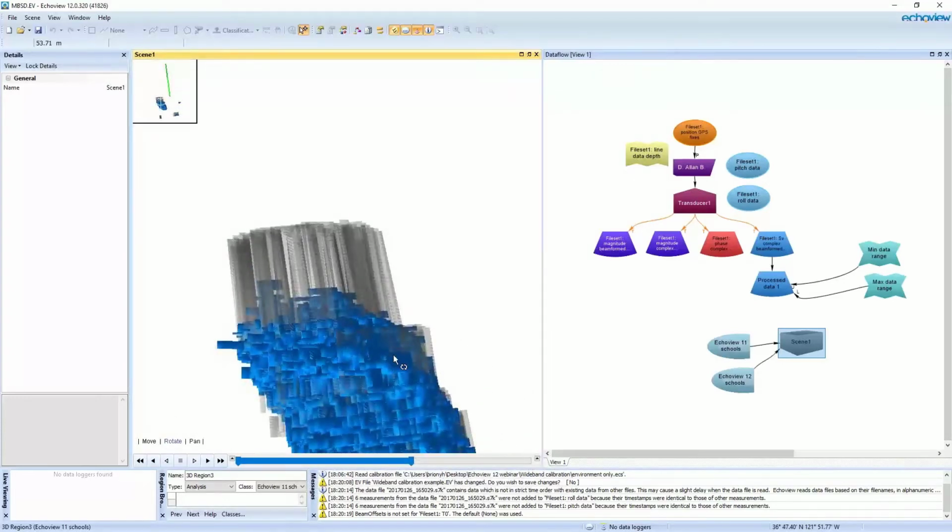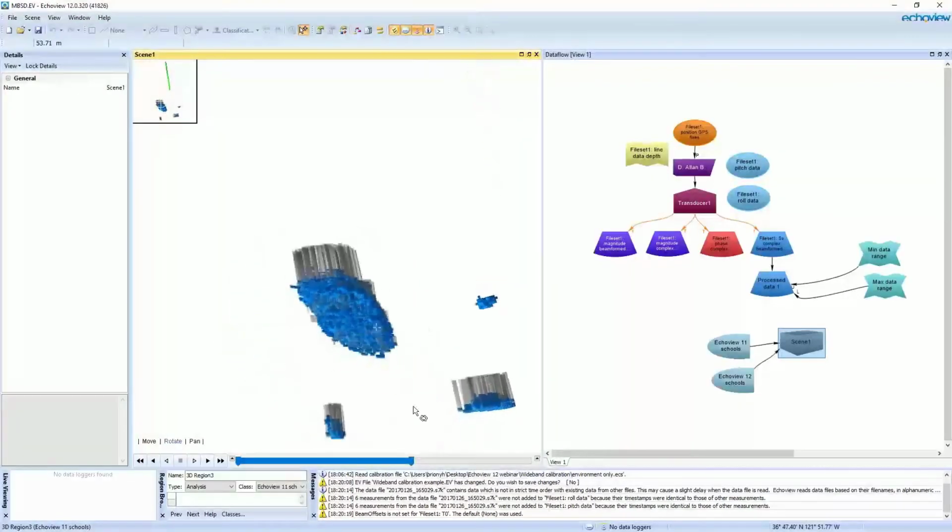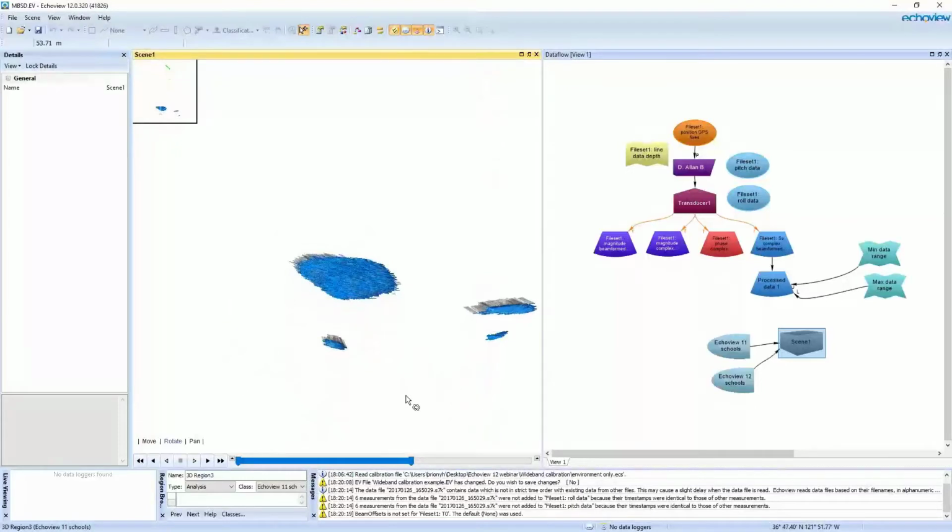This is actually far more representative of real life, and I'd be happy to start looking at this from a 3D volume perspective. So for those of you working with multi-beam data and interested in 3D schools, EchoView 12 has got some really great updates for the situations when pings might overlap.